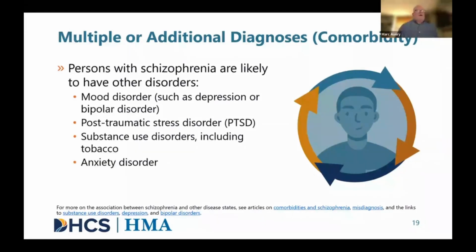Persons with schizophrenia are also at high risk for exposure to trauma and thus could be at risk for developing symptoms of PTSD. And persons with schizophrenia are unfortunately at high risk of developing substance use disorder, including tobacco use. For instance, persons with schizophrenia spectrum disorders are 5 times more likely to use tobacco than persons without that condition. Of course, the presence of multiple psychiatric diagnoses oftentimes makes assessment of schizophrenia and developing a treatment plan more complicated.